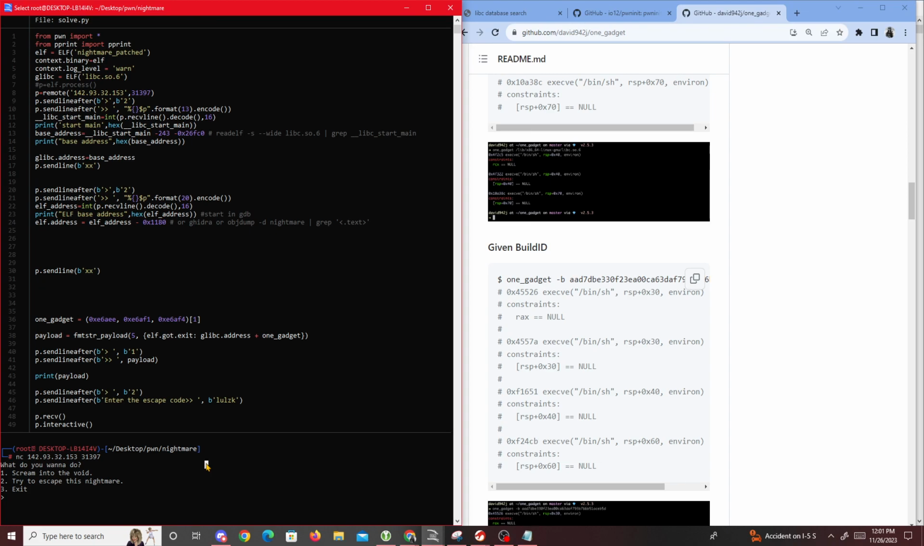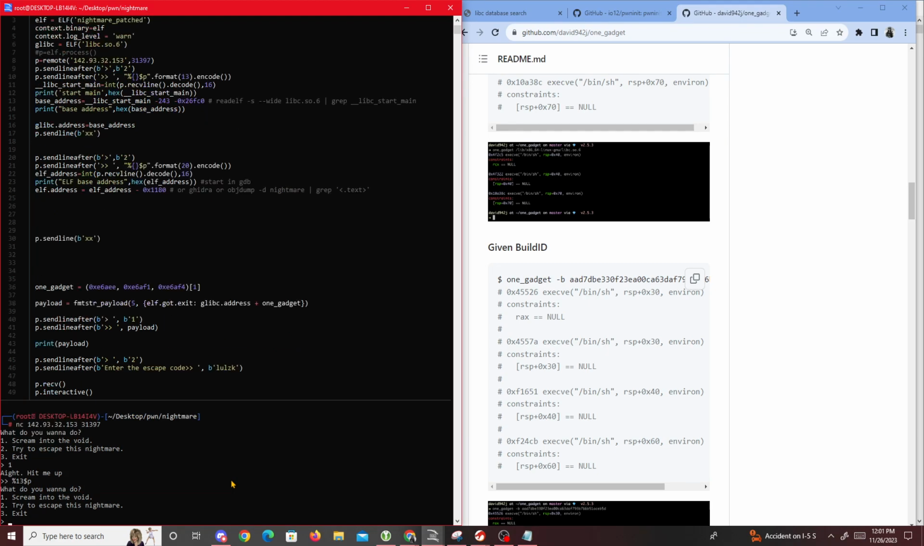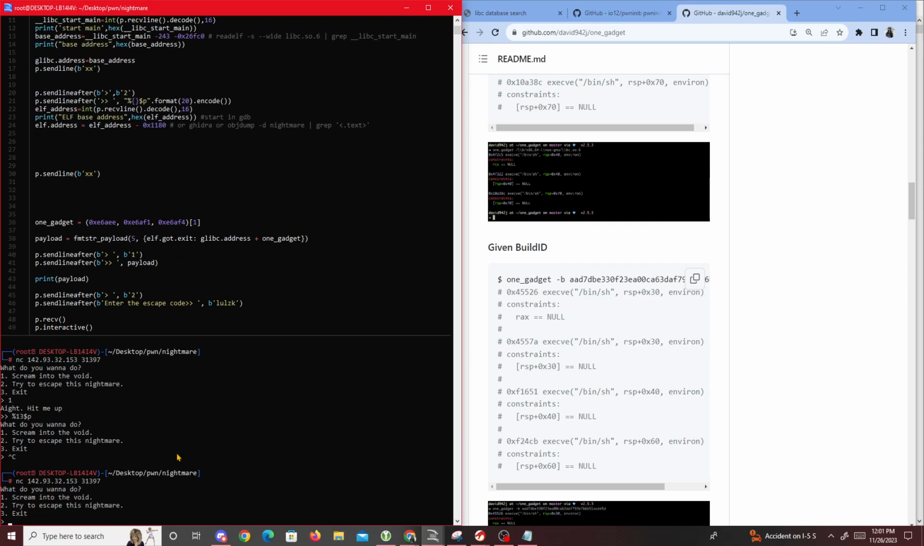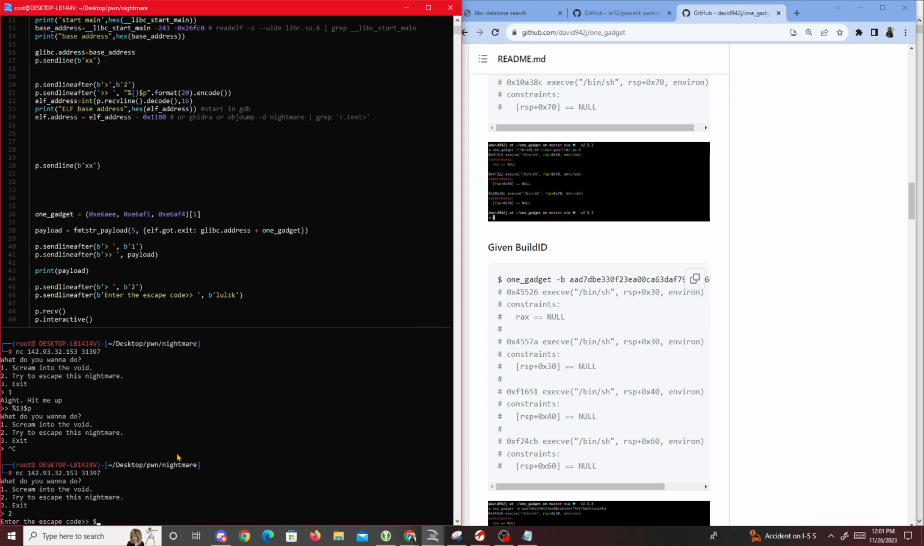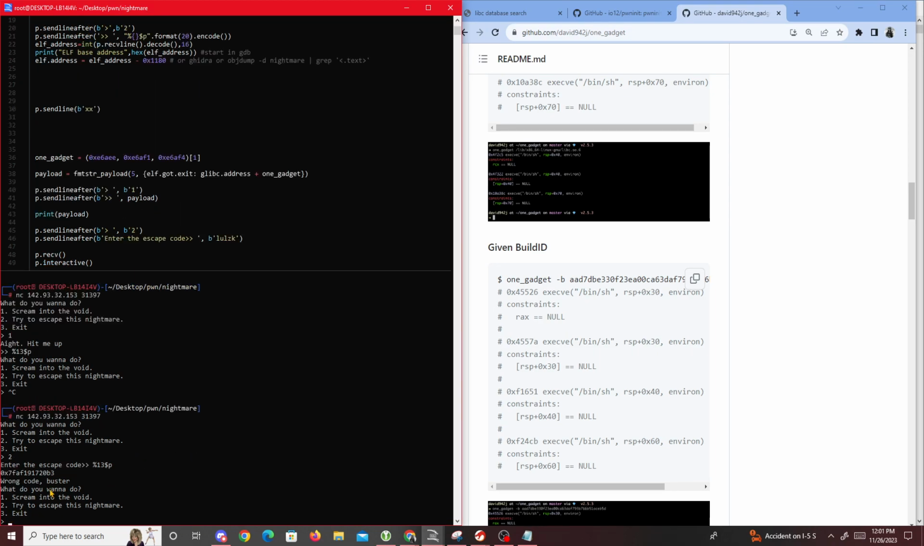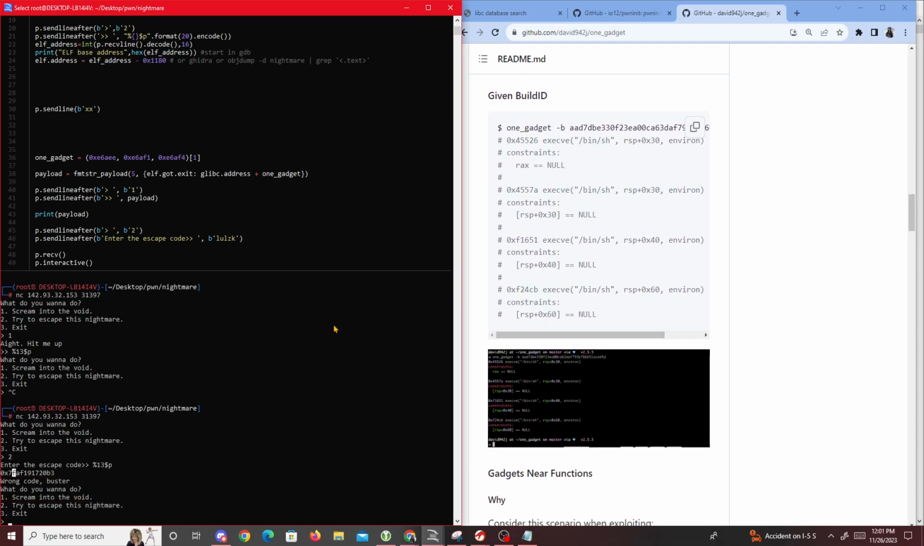type what was it, 1, and then we'll just do percentage 13 $p. Oh wait, it's two, yeah. Percentage 13 $. What? Percentage 13 $p. It leaks out an address right here, but this address is, if you look at, oh wait,